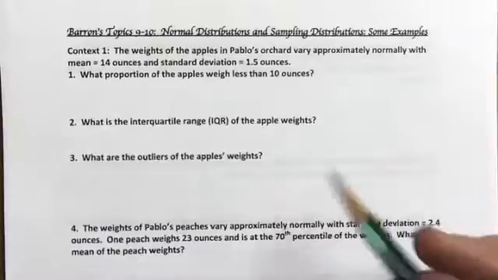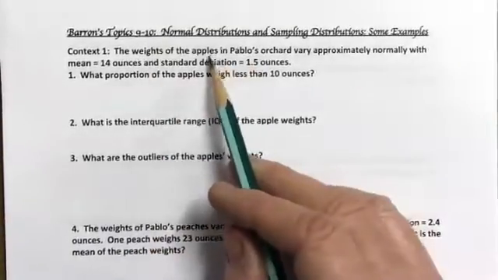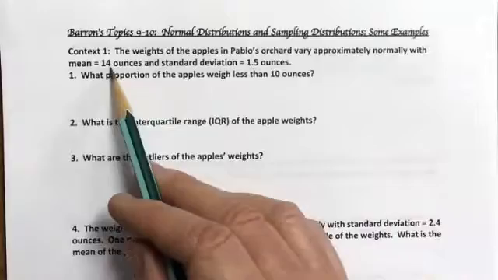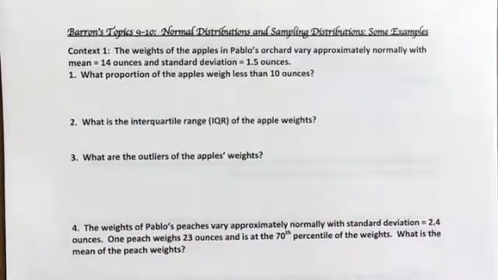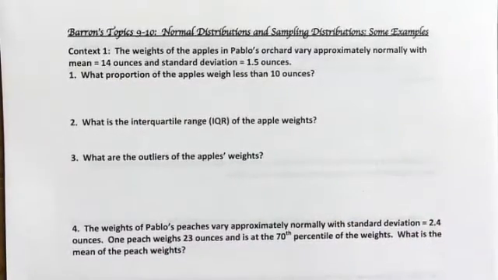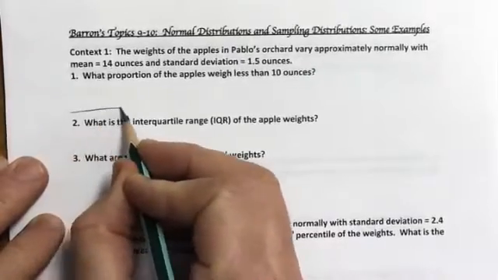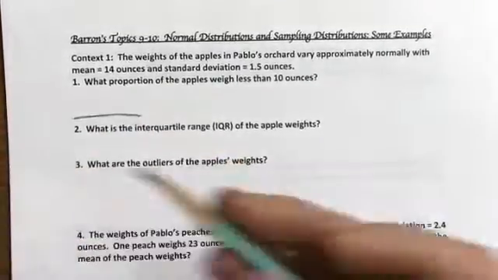So first of all, the normal curve. In this one, it says the weights of the apples in Pablo's orchard vary approximately normally with a mean of 14 and standard deviation of 1.5. What proportion is less than 10? And so what's happening here, it's varying normally. So in other words, the distribution